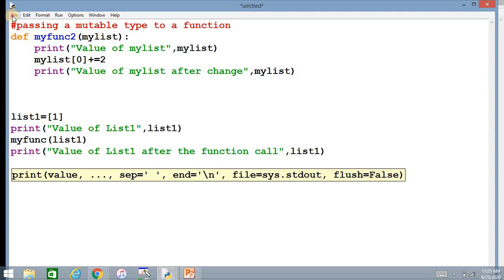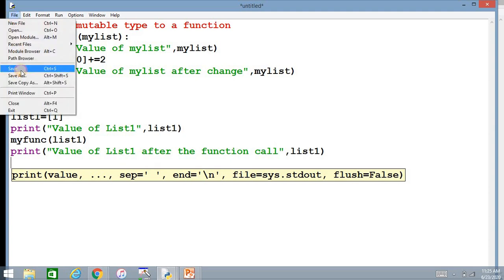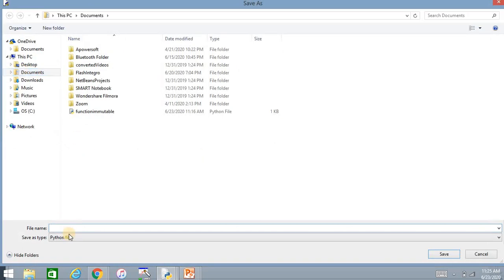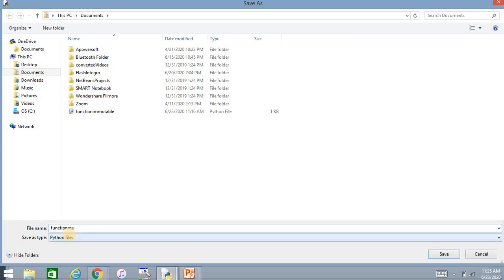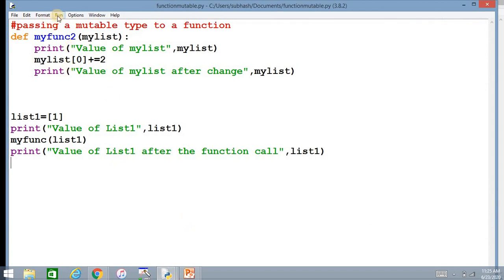Now we will save the file with the name function mutable. Save the file and then run it.